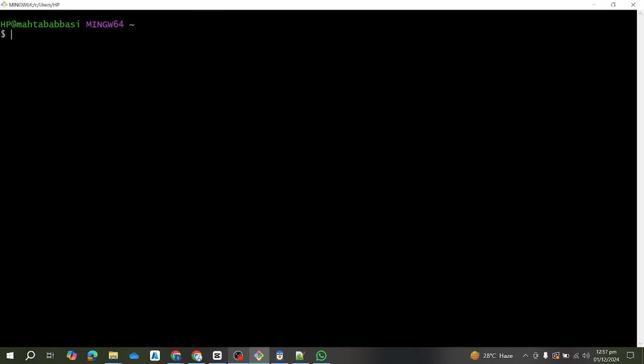With Homebrew on macOS, you can write brew install git, and for MacPorts on macOS, you can run sudo port selfupdate. It will install your Git, and on Linux you can just write sudo apt-get install git. And in the end you can write git version,